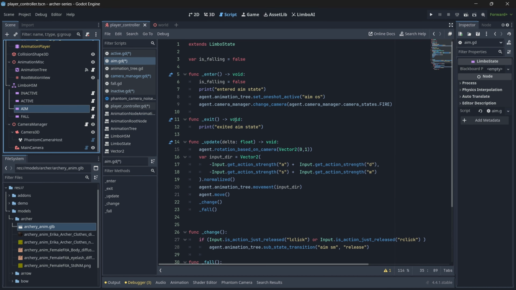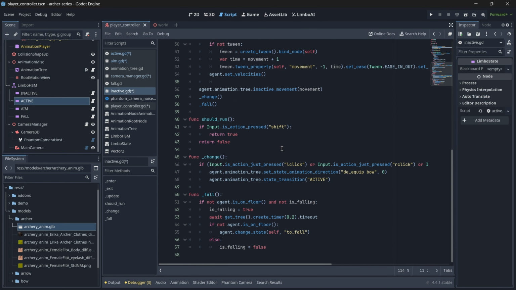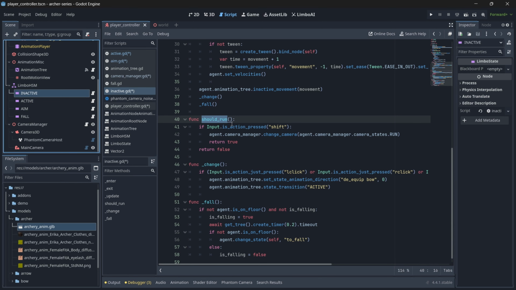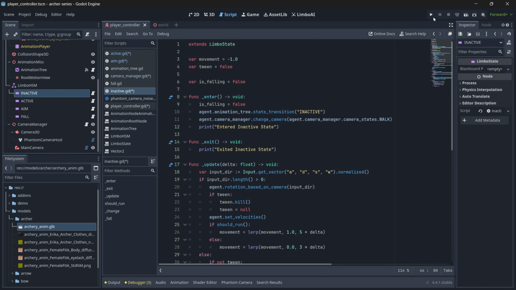so we just specify the transition to be active. And finally, I just forgot that we also need to change our camera state whenever we are running. So in the should run, in our inactive script, we just change our camera state to be run, and if we are not running, then in the else block, whenever we return false, we just change our camera state to walk. Okay, that's fine. Now it's time to test,